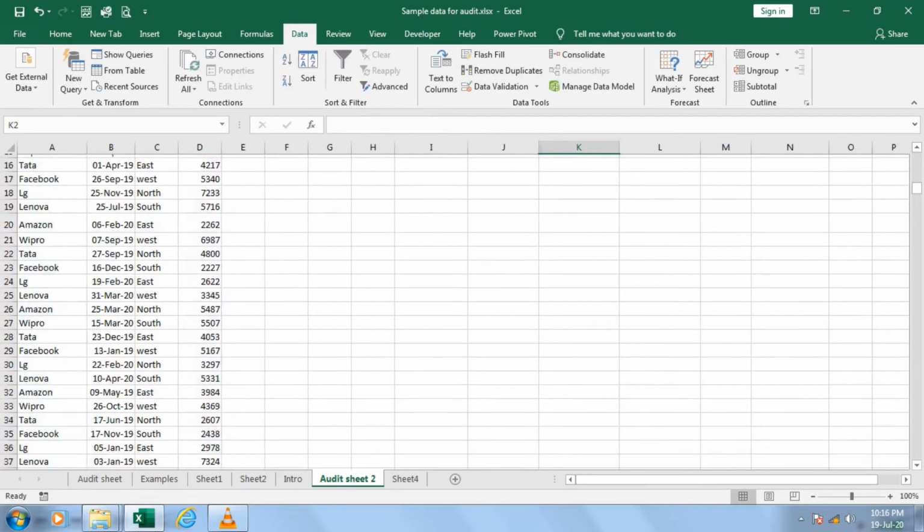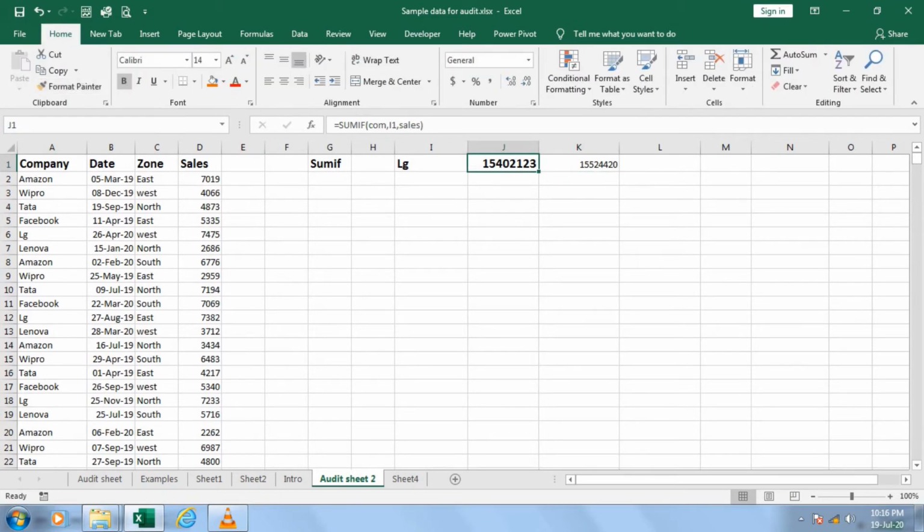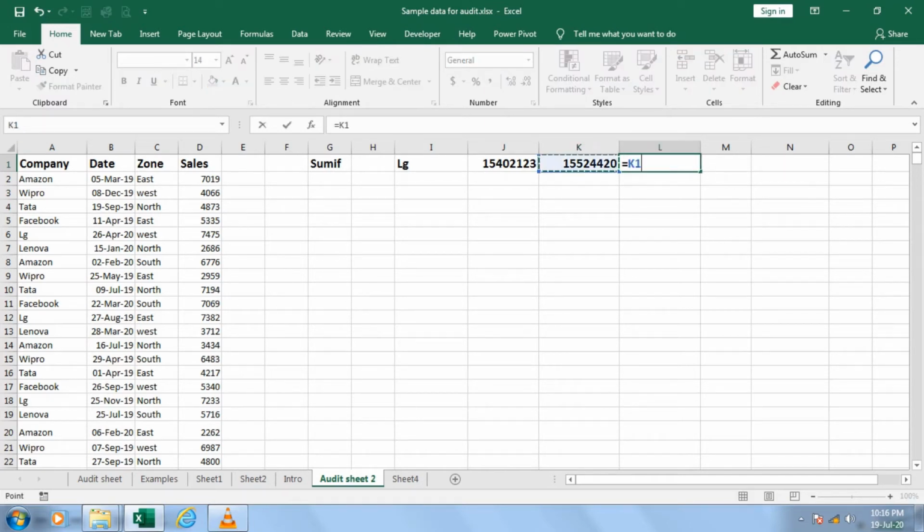When I close it and enter it, I got some value. So what makes the difference? See, both the formulas are the same. The only difference is that here I use the name range and this is without the name range. This can be one of the dangerous options in your audit. When I subtract this minus this, I am getting a difference between these two amounts. So why is this difference coming? That we need to analyse, and it is also not very small, such a huge amount, 1,22,297.